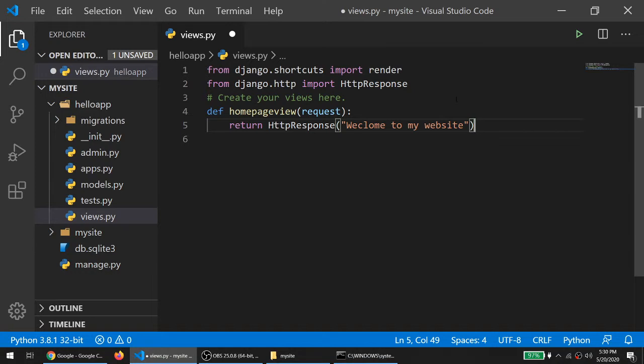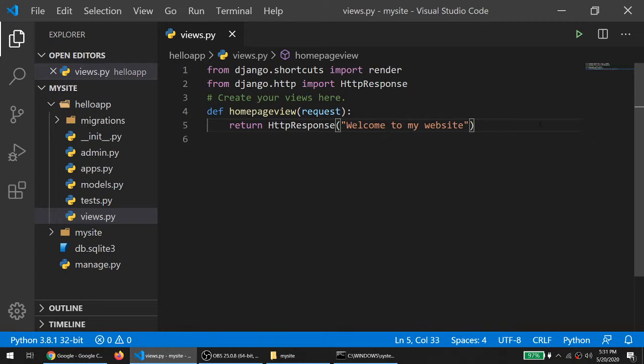Okay, so it's done. You can see this is my simple function of homepage_view, which takes a request, and whenever a request comes from the server it will return an HTTP plain response, right? Welcome. I forgot to. Okay, so sorry again. Welcome to my website. Okay, so now it's done.